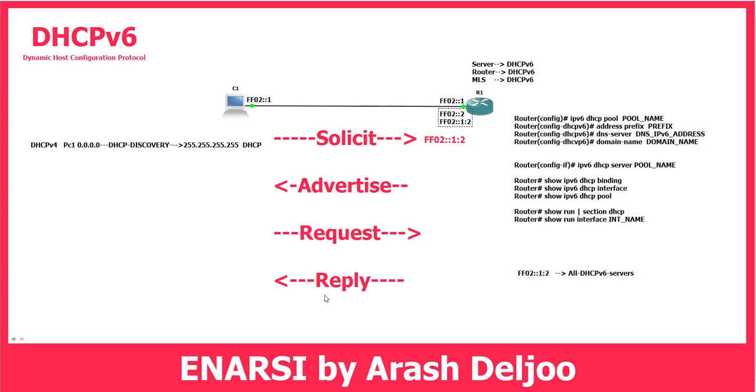Actually, we can say that we have similarities between DHCPv6 and DHCPv4, but also some differences. For example, the first difference is that here we don't use broadcast. We are using a more efficient method, the reserved multicast IPv6 address. About the functionality of these messages, we can see some similarities, but about the names of the messages, we have some differences. For example, now we don't have DHCP discover, we have DHCP solicit. We don't have DHCP offer, we have DHCP advertise. But about the request, in IPv4 we are using